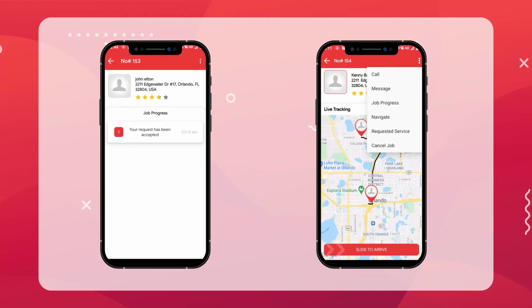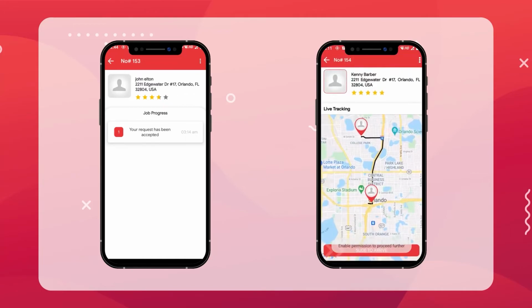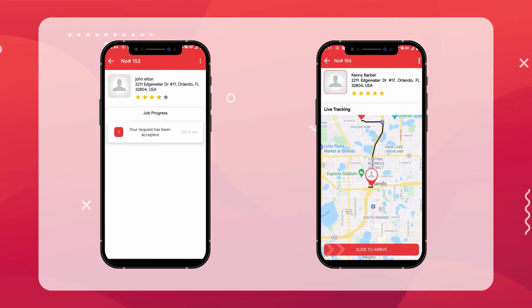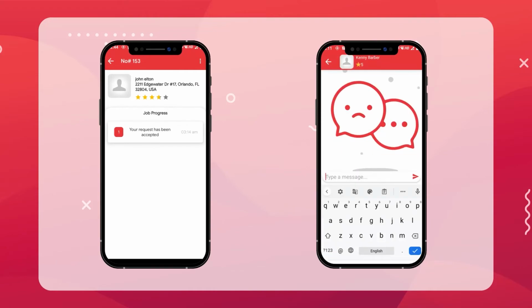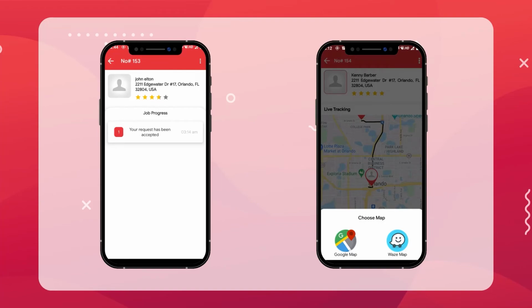Clicking on the call option, the provider can call the user. Clicking on the message option, the provider can message the user. Clicking on the navigate option, the provider can see two maps, whether Google Map or Waze Map.